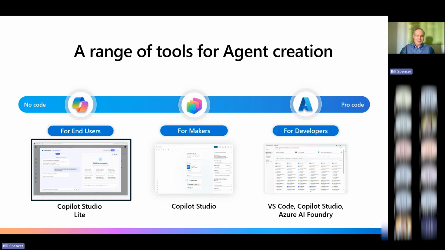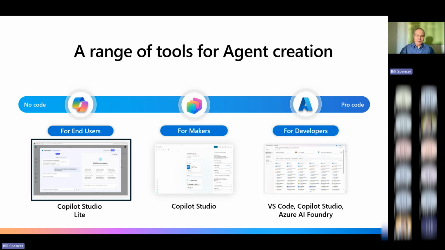The easiest tool is the light version of Copilot Studio built right into Copilot Chat. And my demos will use that light version. It requires no coding, and you use natural language to program the agent. The full version of Copilot Studio offers the additional option of using low-code programming to build agents. So for example, if an agent needs to update ServiceNow or some other SaaS application, that requires low-code programming